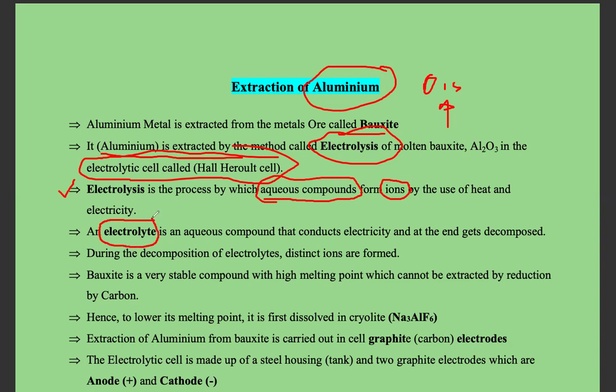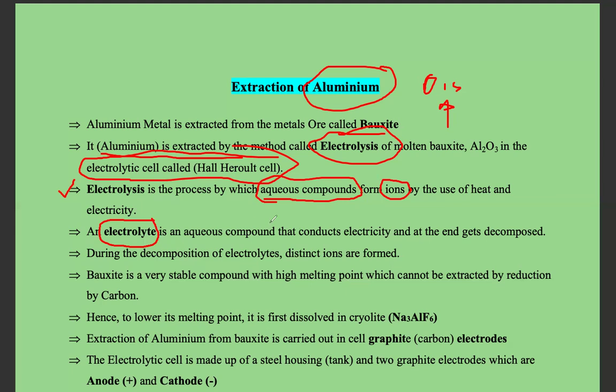So when you get aluminium, we dissolve it. Now, we don't just dissolve it in any solution. I'll show you the specific solution that we use. You dissolve it. Because electricity is able to pass through it, and during that process this compound decomposes, therefore this solution is what we are calling an electrolyte.